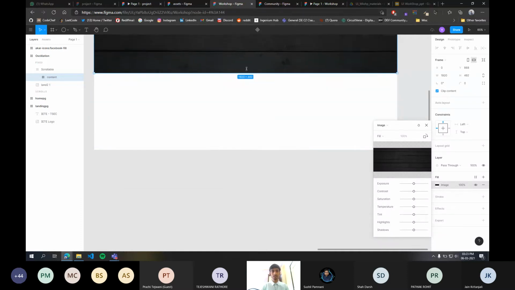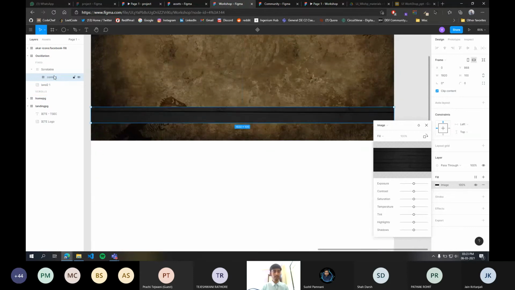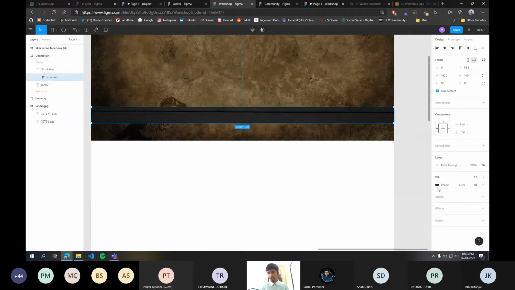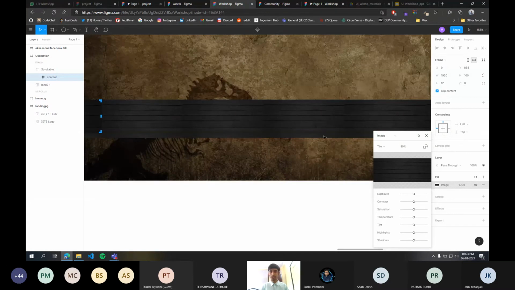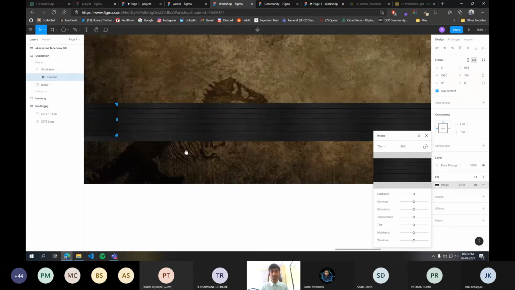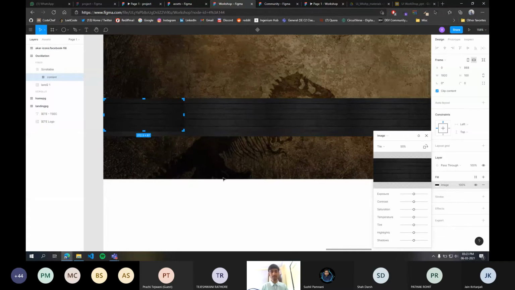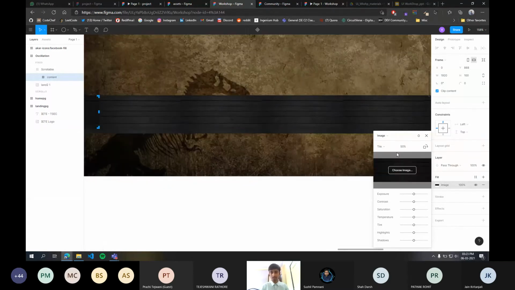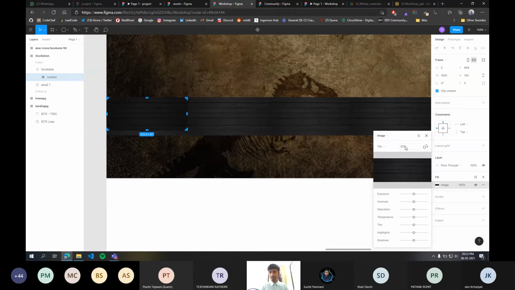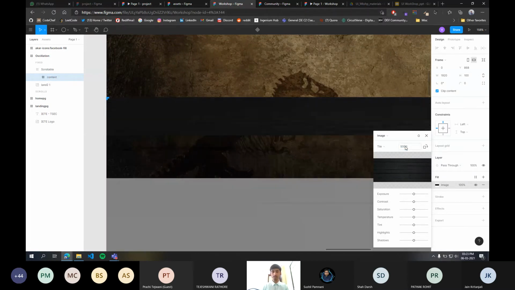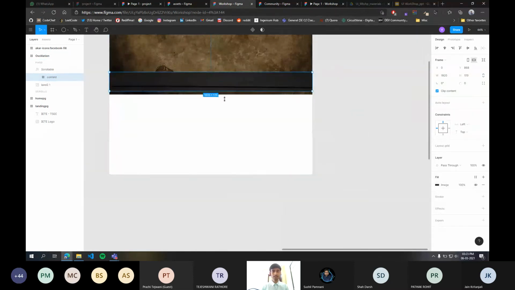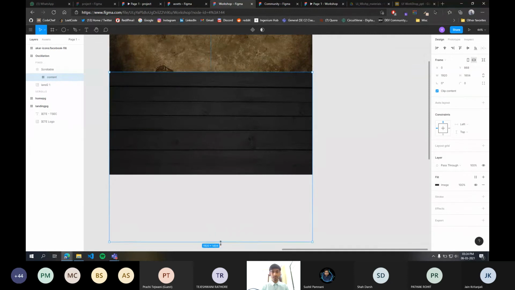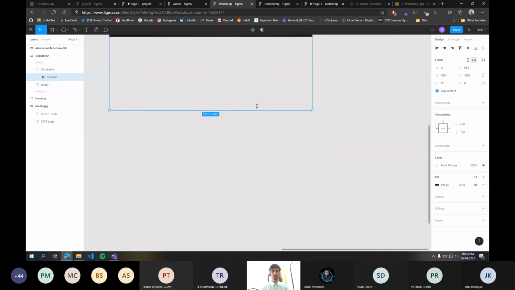See, it is zooming in. In order to prevent that, keep this content layer selected, go to fill, choose this drop down and select tile. As you can see, this image is being repeated on the x and y axis. The y axis isn't visible since we have not extended it, but it is repeating on the x axis. Instead of this 50%, make it 500. Now whenever you extend this content frame as much as you want, it will not zoom in.